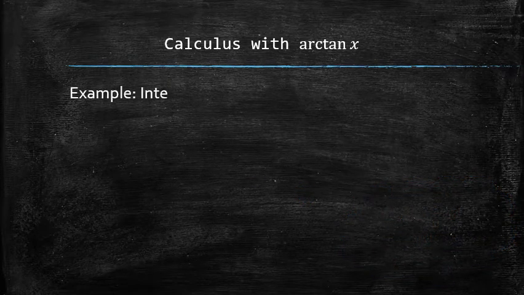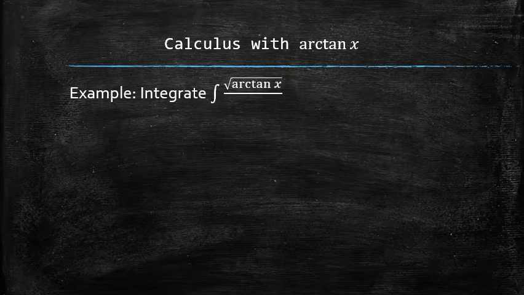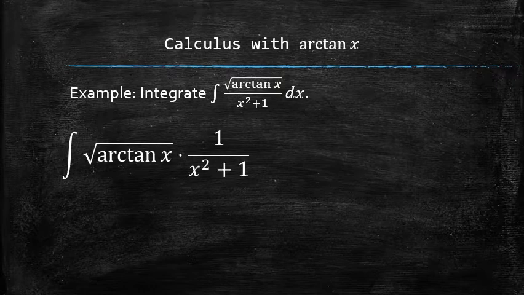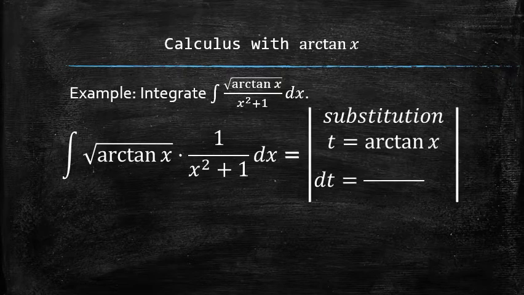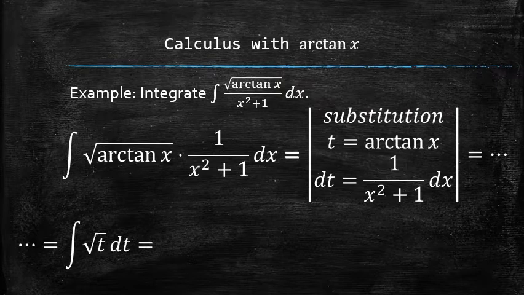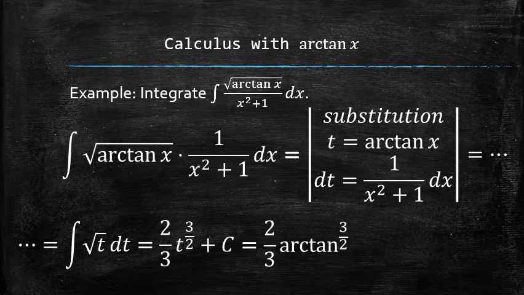Let's do an example of integration. We first recognize the pattern and rearrange the integrand. Then we set up the substitution by setting a new variable, let's say t, equal to the arctangent of x, and finding the differential of t. Next, we plug everything into the original integral, and notice how, because of the discovered pattern, we have nothing but the function of t left in the integral. We finish the process by finding the antiderivative and plugging the original function arctangent back for t.